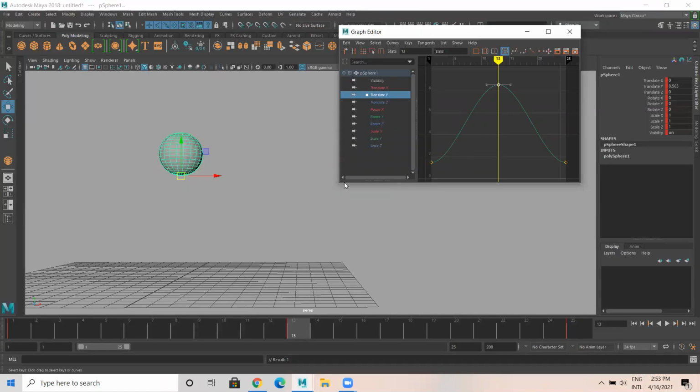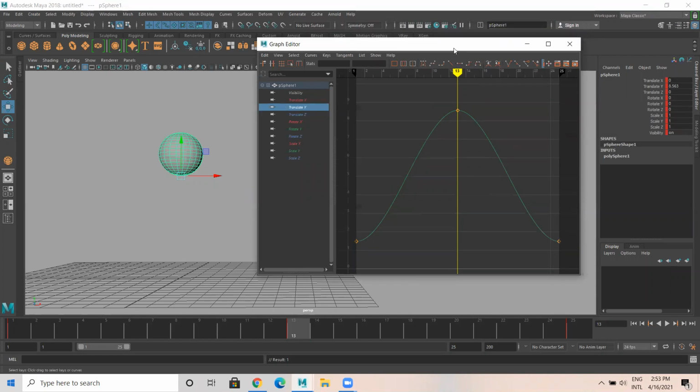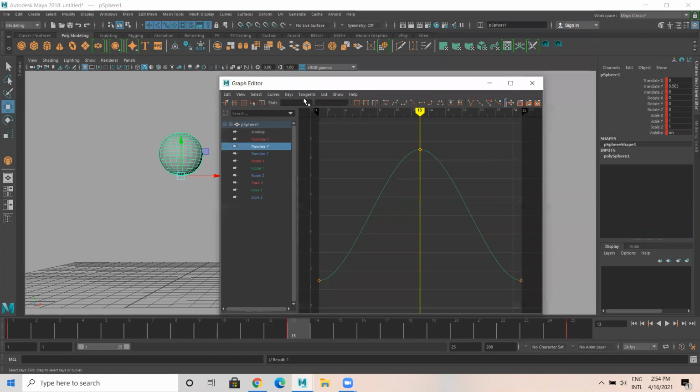Okay. I'm gonna make it a bit larger. Especially in graph editor, we have to learn one main thing that is called tangents.